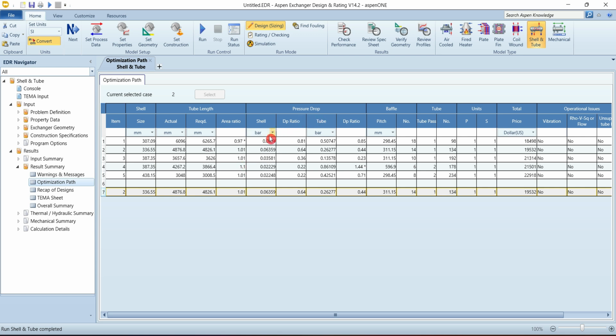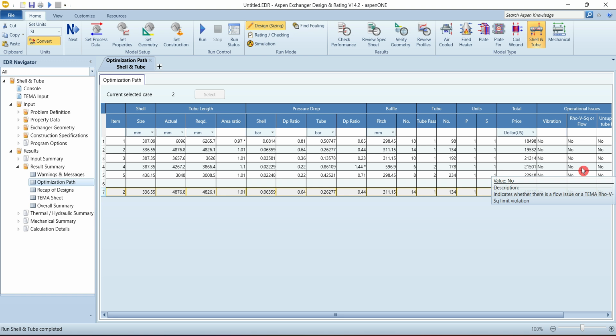With this, it has calculated pressure drops, calculated some baffles, spacings, number of baffles, because with the length of the tube, number of baffles will change. It calculated number of shells and number of tube passes. We have already defined one shell pass from the TEMA class, but it calculated the tube passes and it's still the same one. Even it calculated the total price for that given design, and run multiple